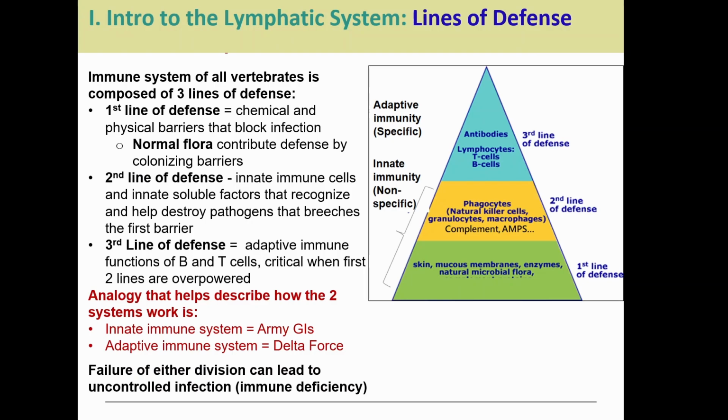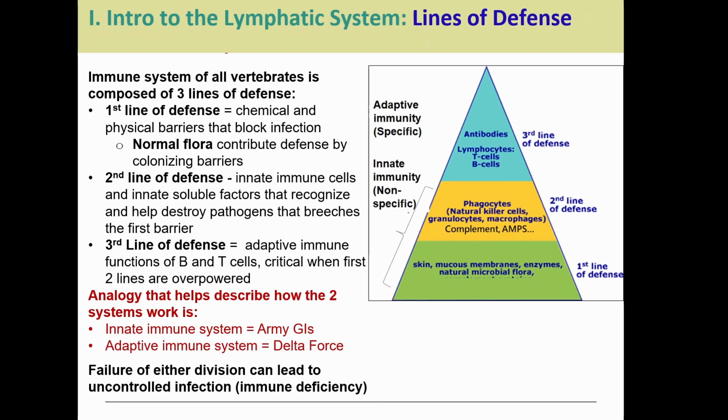Generally speaking, we can give ourselves 3 different lines of defense. The first line is the barrier level. This can be a chemical or a physical barrier. This is just to block infection. Basically, if we prevent the infectious agent from ever getting in, then we don't have to worry about getting sick. There's a handful of things that help with that, and we'll get into that in the next video.